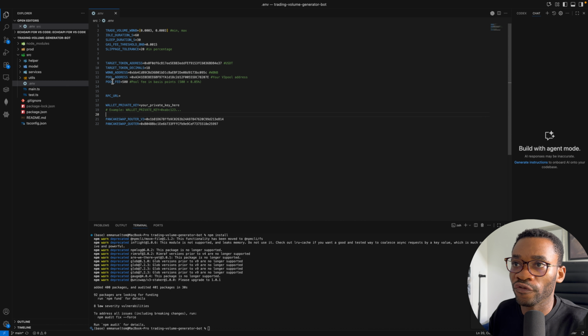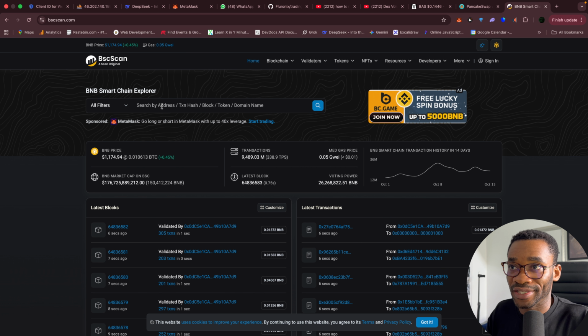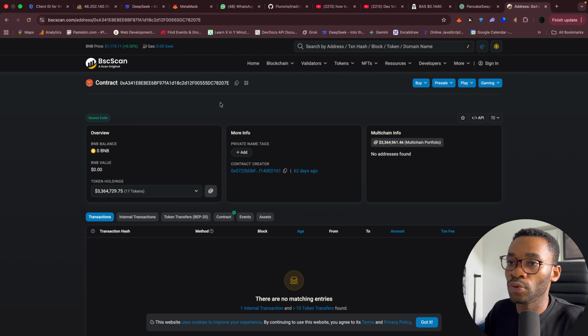Okay, the pool fee, which is 0.05% or 500 in basis points. To get the pool fee, you can get your pool address or the token pool address. As a developer of the token, you will know your token pool fee that you set when listing it on PancakeSwap. So you can get the pool address and then navigate to BSC scan and paste your pool address,